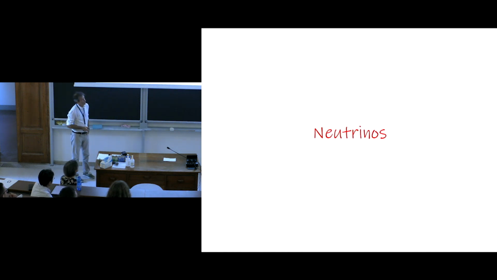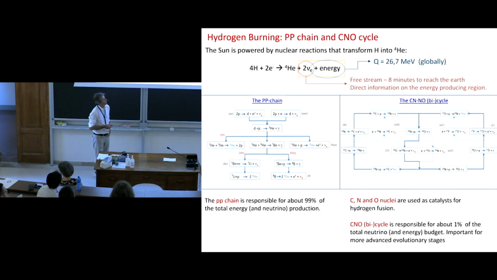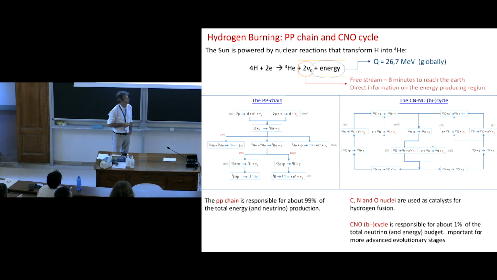So we have this problem with opacity. What can we do? Well, neutrinos can help us. Okay, we all know that neutrinos are produced in the sun by nuclear reactions transforming hydrogen into helium-4. For each helium-4 nucleus which is produced, 2 electron neutrinos are emitted and a given energy is liberated